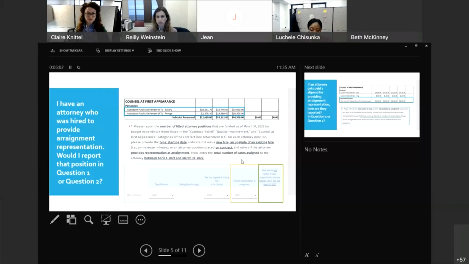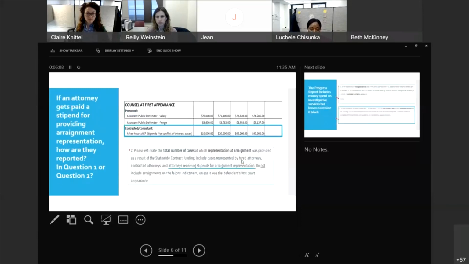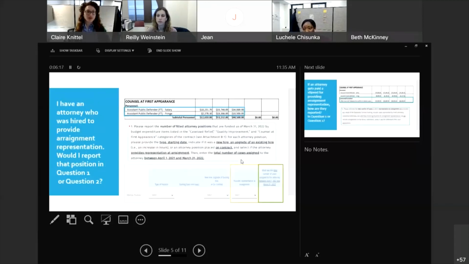Now, some of you may be asking yourselves, what about stipends, particularly for assigned counsel attorneys? This is also a common question. If an attorney gets paid a stipend for providing,